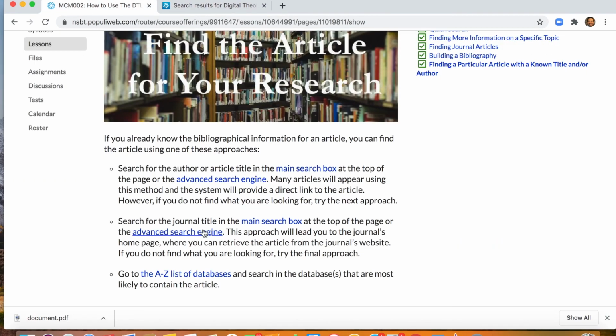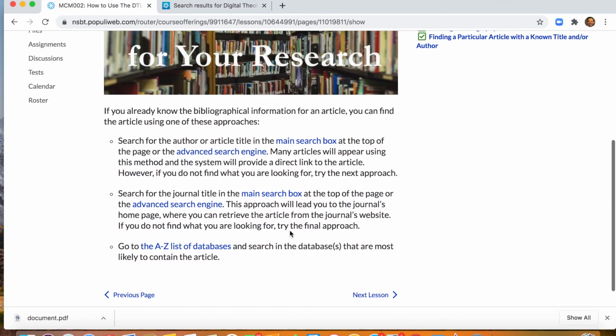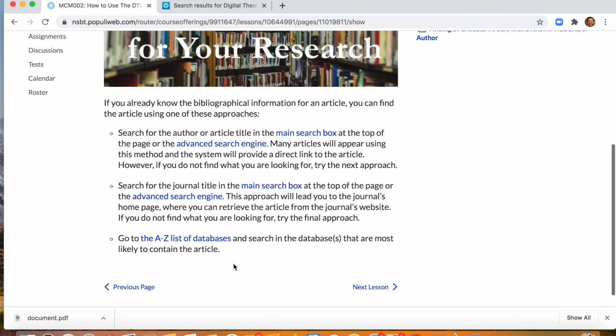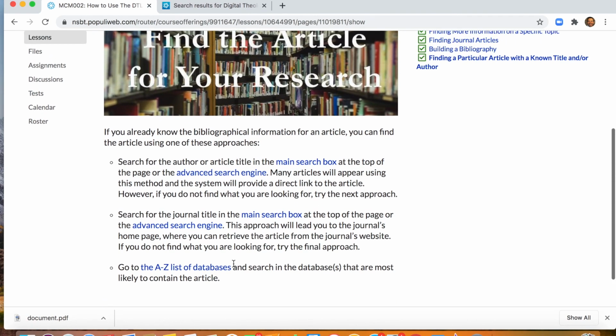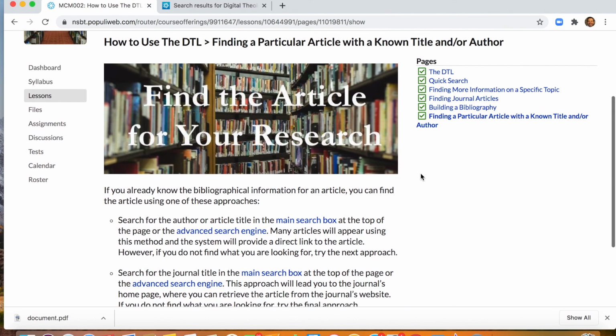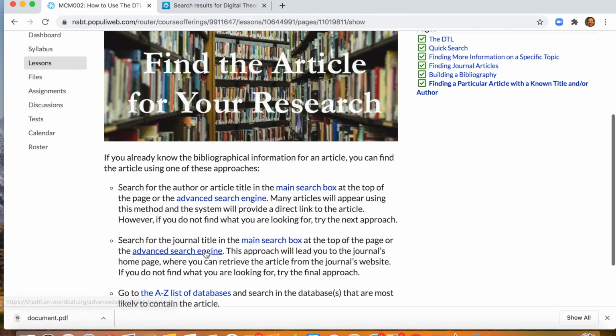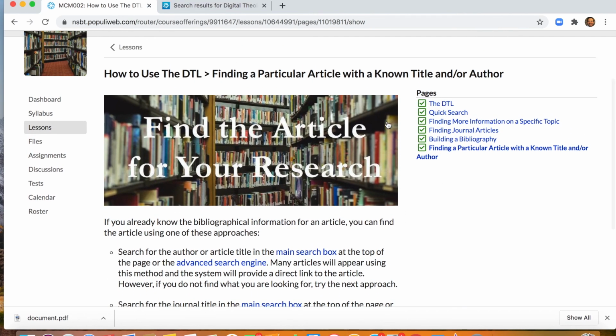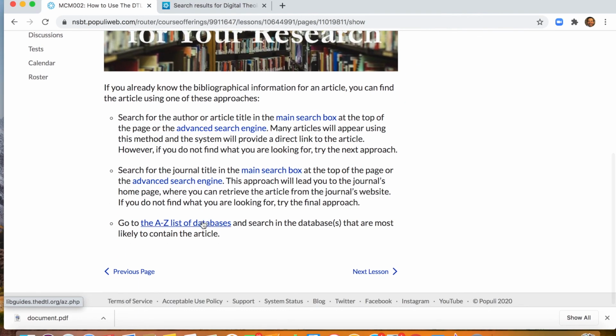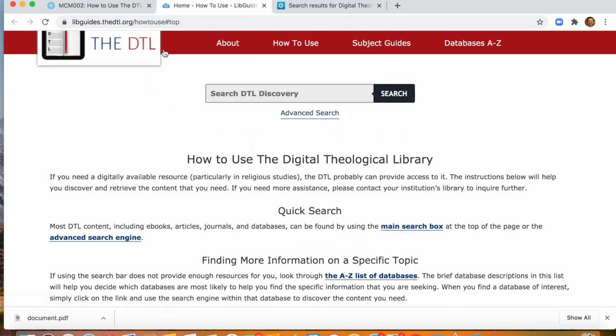So you can do the advanced search, which is probably the best way, and also you can go to the A to Z list database and search the databases that are most likely to contain the article. So those are ways that you can find a particular known title and author. If you know the title and author, you can do it here in this lesson of your library orientation, and if you're in here, you can just go ahead and click on that and it'll take you to the web page,